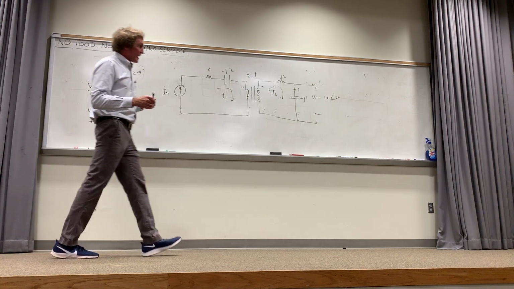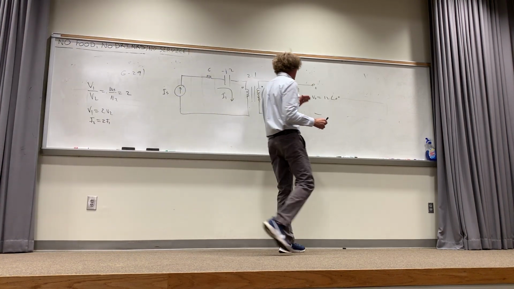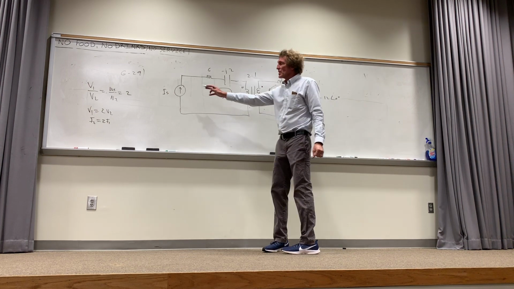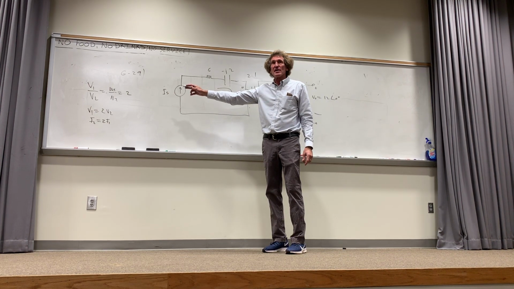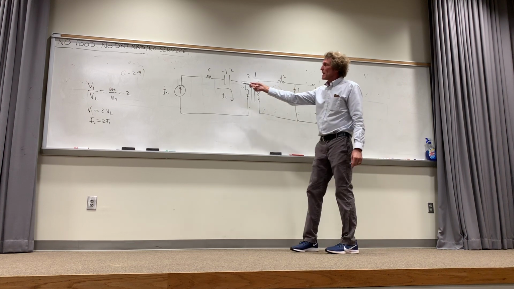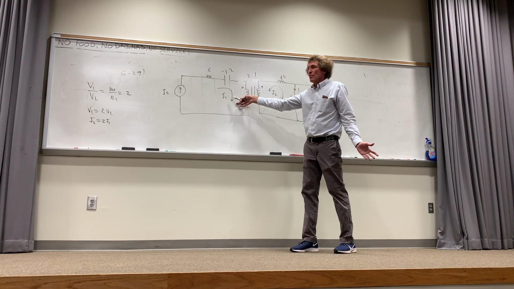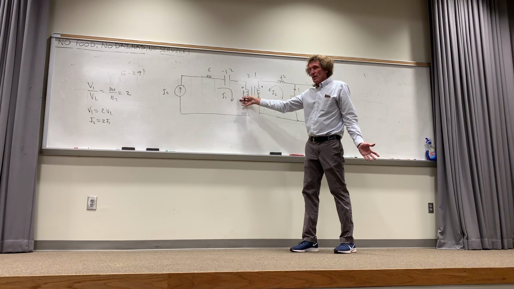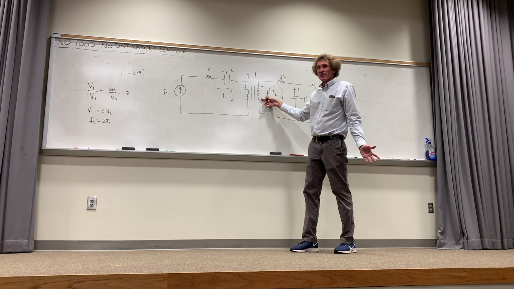Now, what he actually says is this output voltage is given like that, and he wants this current, and only this current. So listen to me carefully. You can see what you need to do. You ask yourself, what do I need to get that current? Well, I need current I1 in the primary, right? That current is simply 1/2 the current flowing here, isn't it? If I find the current flowing here and I divide by 2, I have it, right? Do you all follow me?